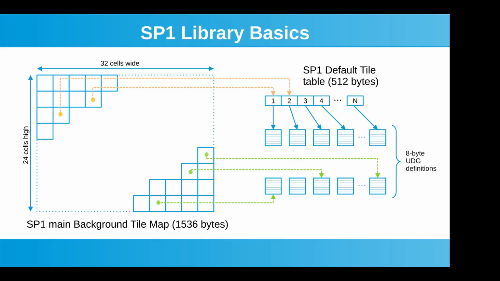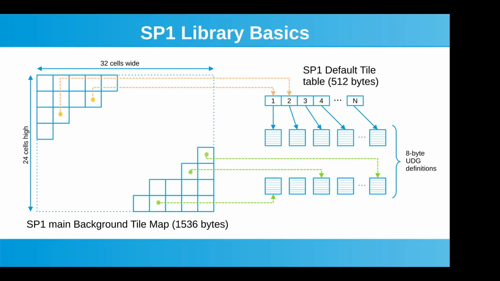The 16-bit identifier may be a number from 0 to 200 and 255, in which case this number will be used as an index into another table that SP1 also maintains, which is the default tile table. And in that table, we will find the pointer to the UDG associated to that ID, which is less than